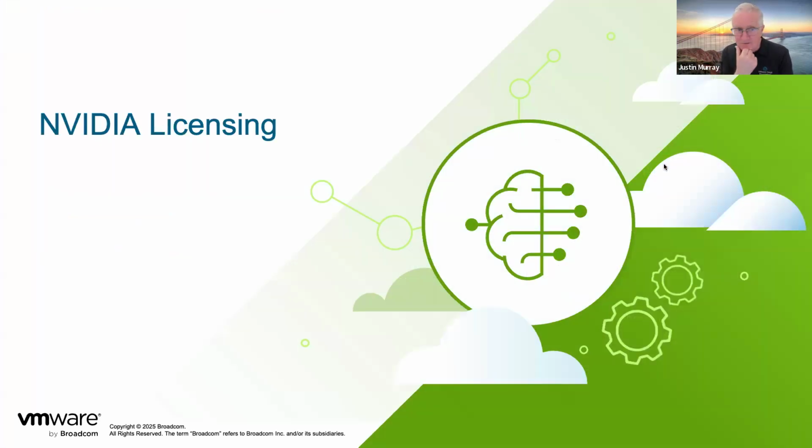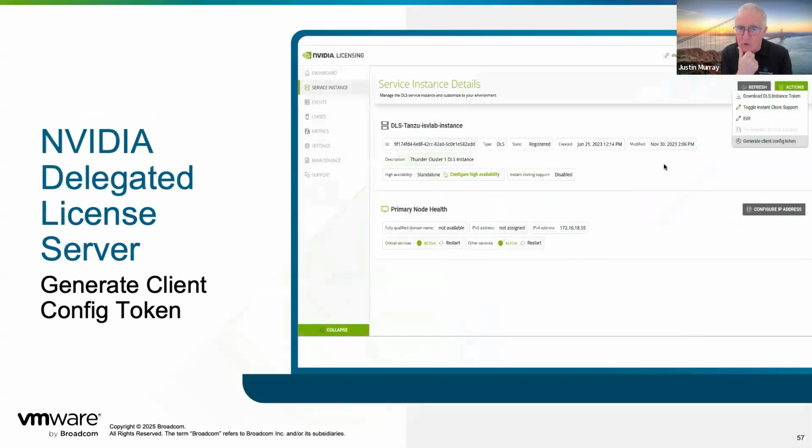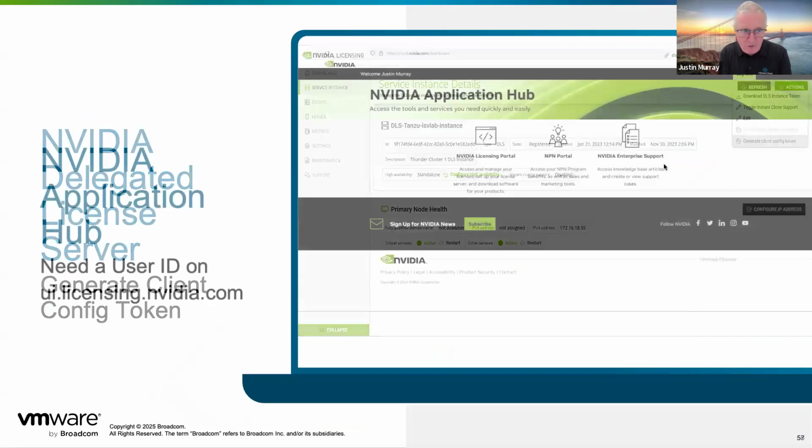Now, there's a series of slides here on NVIDIA licensing, how to get the license from NVIDIA AI Enterprise, and this is the portal that you can run on premises to do all the NVIDIA licensing on premises in disconnected mode if you wanted to. This is called a delegated license server. It's just a virtual machine running on your premises to handle all the NVIDIA licensing. And there's a whole user guide for setting this up and getting it configured in the right way.